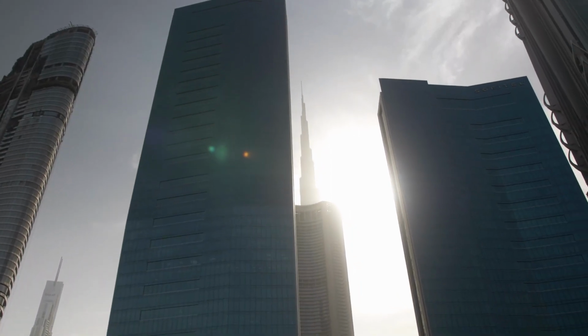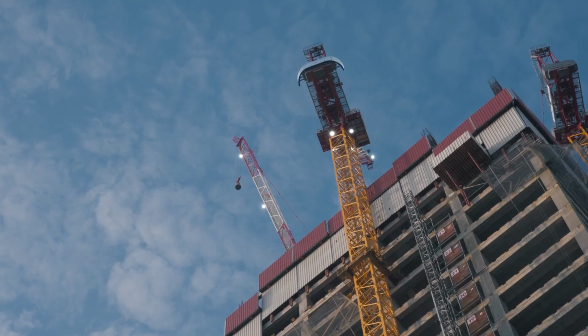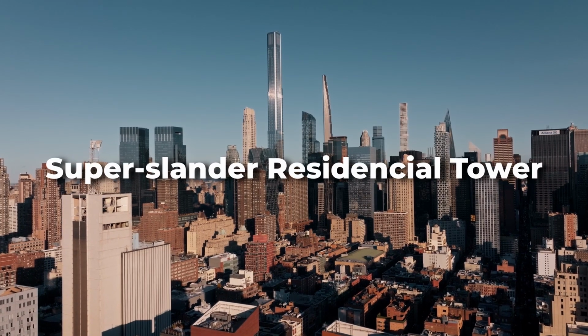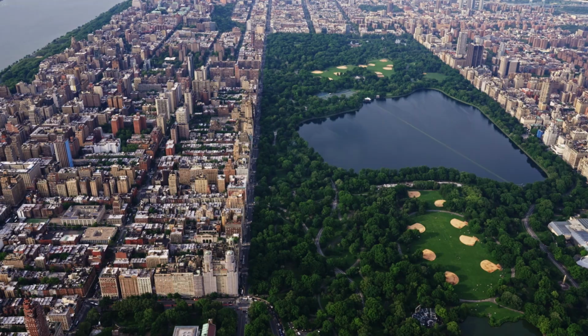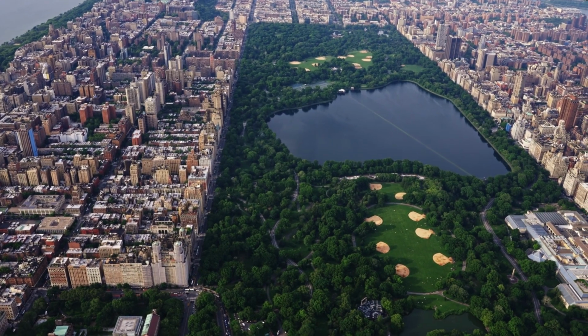In recent years, skyscrapers have pushed higher and higher and become thinner. But Billionaire's Row has given rise to a completely different form of skyscraper, the super-slender residential tower. In Manhattan, space is a precious commodity, which means that if you want to build big, you have to build high. Buildings must be tall enough to provide a view of Central Park, and the builders of Billionaire's Row took